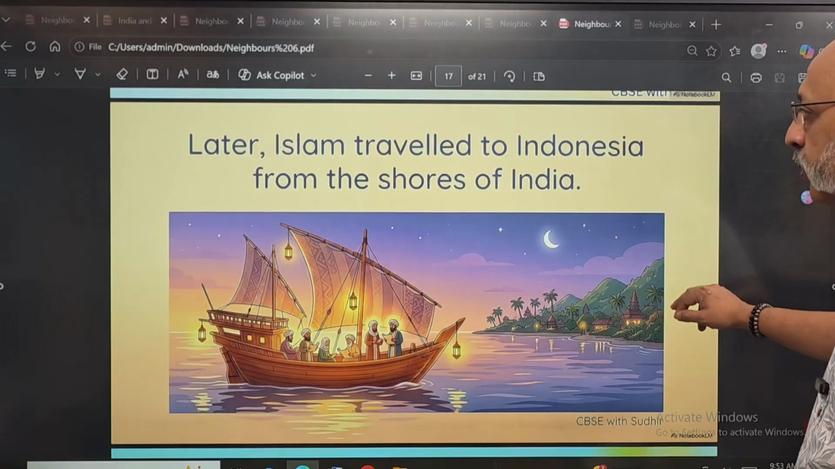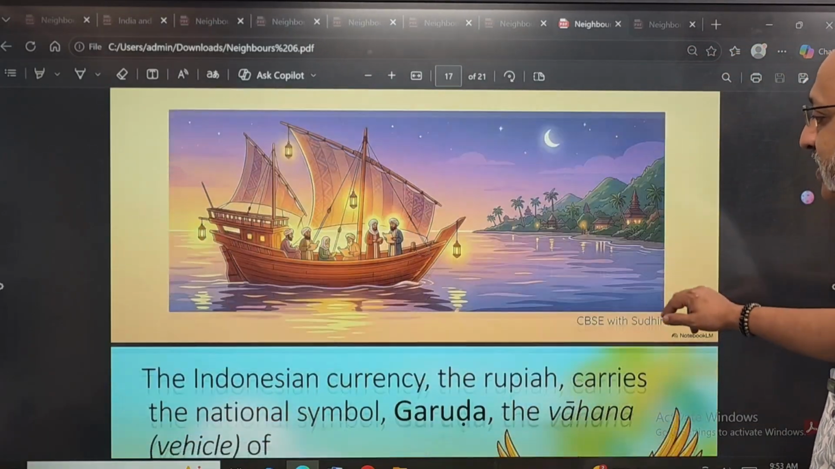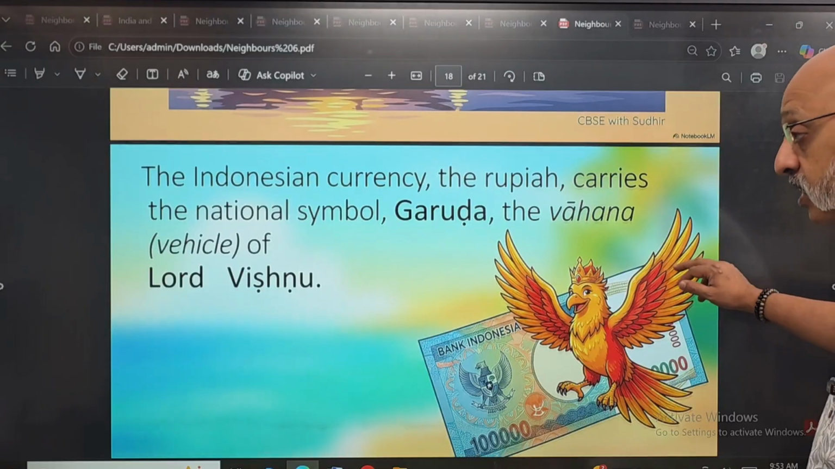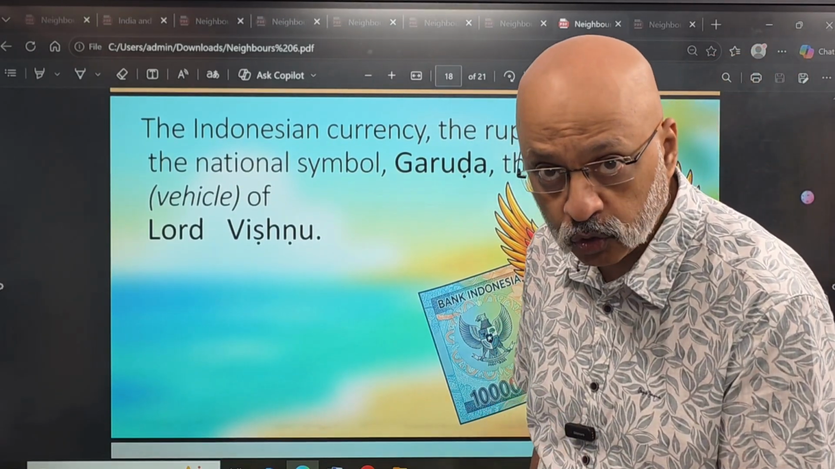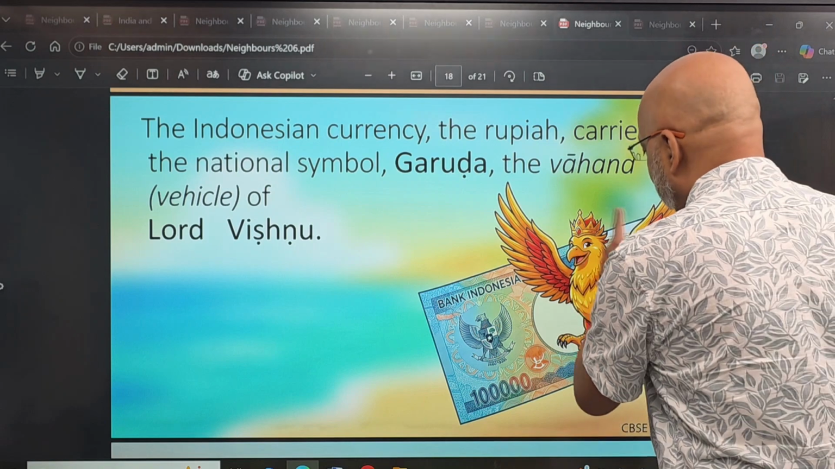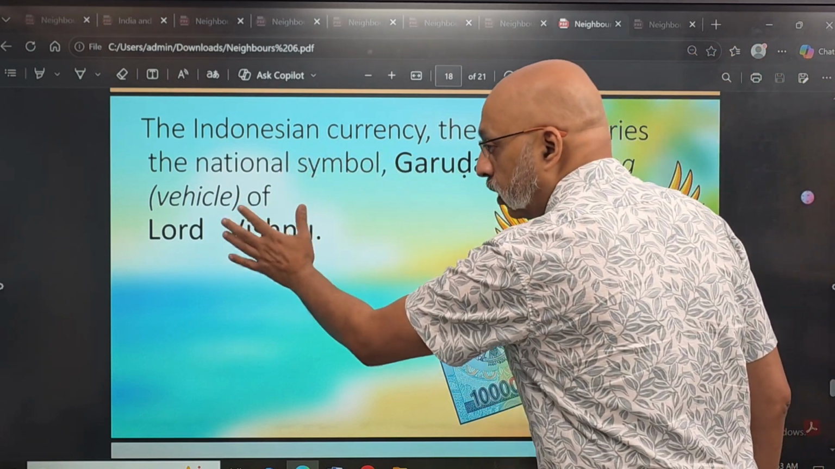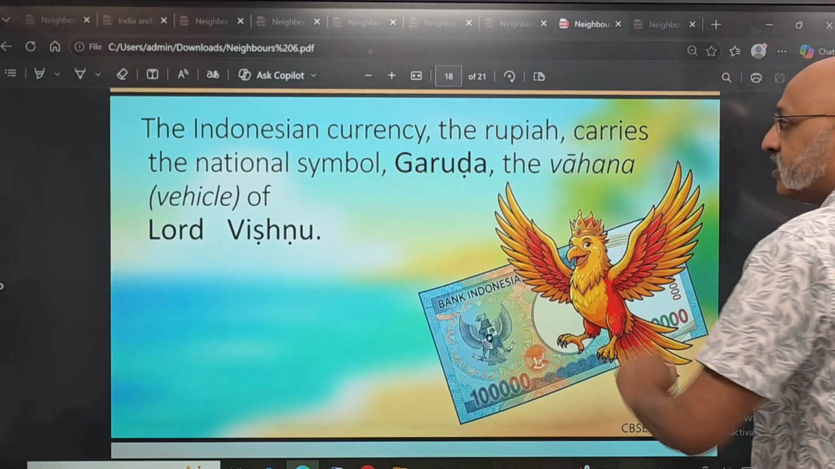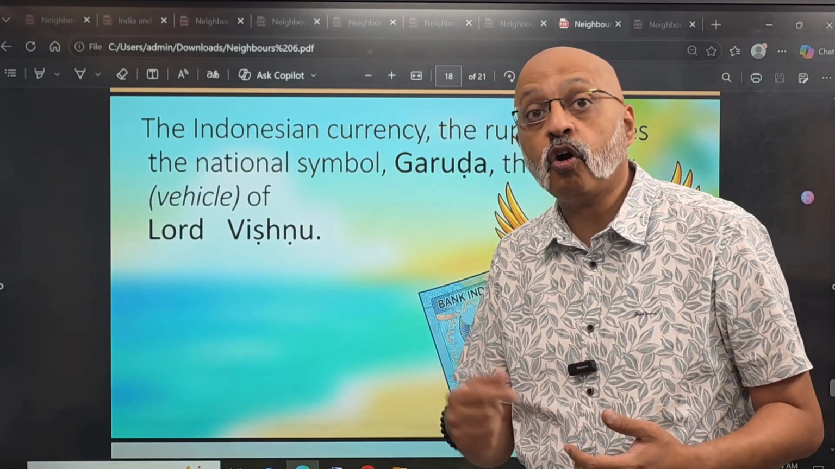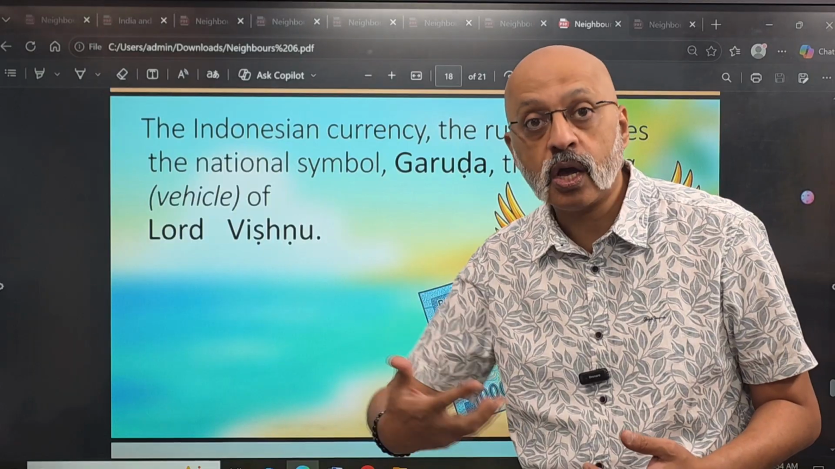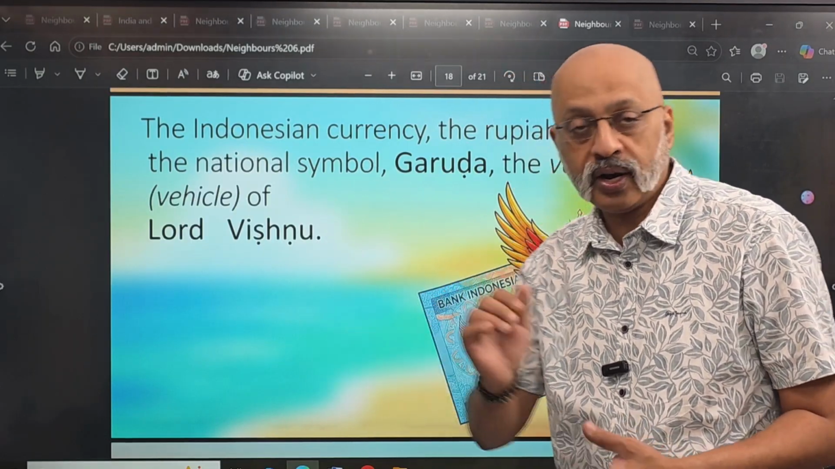Later, Islam traveled to Indonesia from the shores of India. So now much of it follows Islam as a religion. This is very interesting. If you look at the coins or the notes of Indonesia, the currency, it will have the emblem of Garuda, which is the vehicle of Lord Mahavishnu, right? So this is the national symbol. You realize that is the extent of the religious and cultural influence of Hinduism on a country like